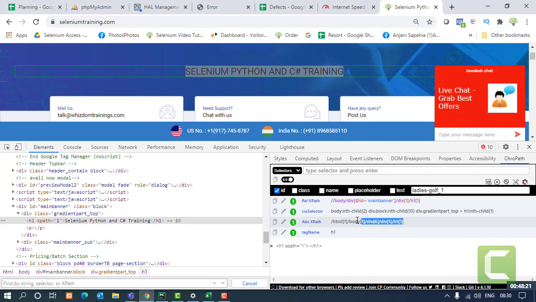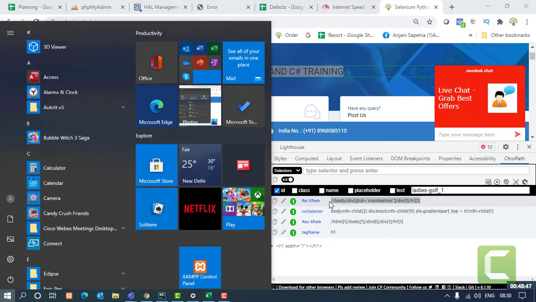Likewise, it will be giving you. So this one gives you the closest and the finest XPath that will work, and using that you can use it in Selenium. Okay, now on Firefox also we have tools. They are also very much helpful. If I talk about those tools, so let's just talk about those.